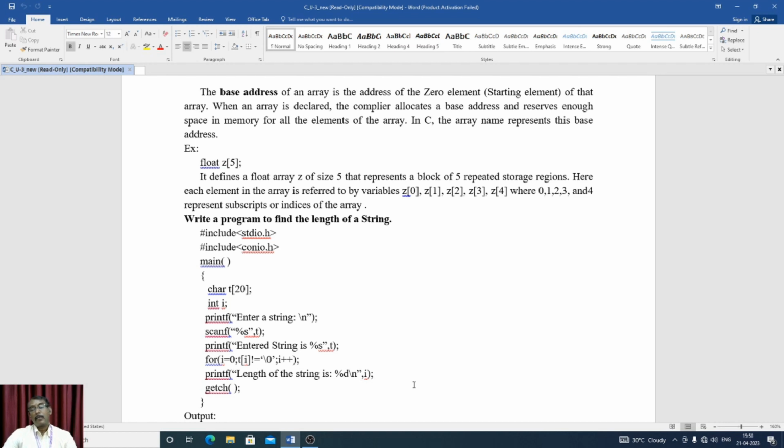Up to, for example, V.H.N.S.N. College. So t of 0 equal to V, t of 1 equal to h, t of 2 equal to n. In that way the string will be allocated. So finally the length of the string would be